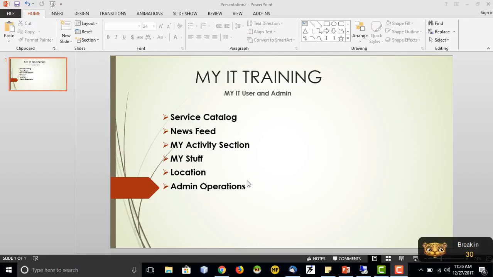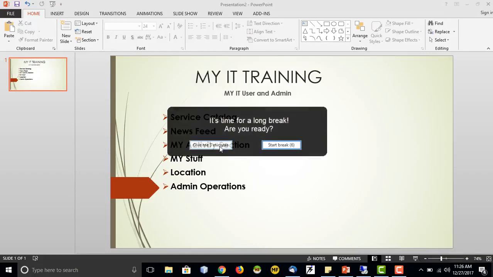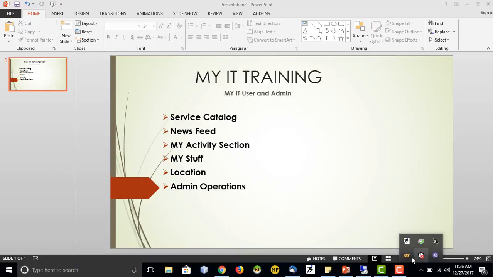So before going on to the actual MyIT page, just to give you a brief of what exactly MyIT is, this is basically a solution provided by BMC, where they are catering to the mobile customers, or also providing a new user interface to the desktop users. So it has both the mobility feature as well as the desktop version of MyIT. We will only see the desktop version of MyIT. Mobility maybe we'll take some other day. So today is based on the desktop version of MyIT.